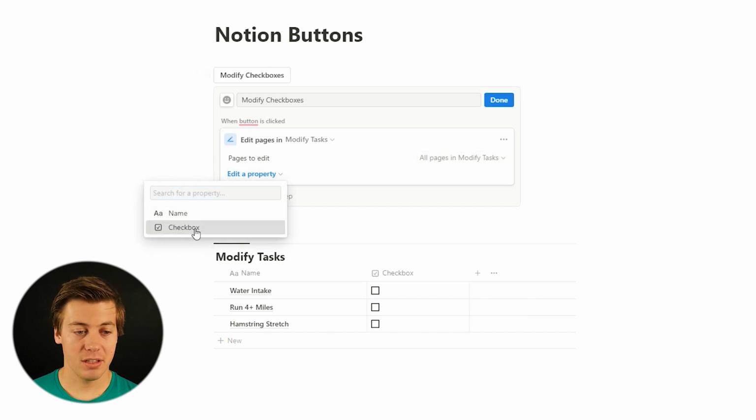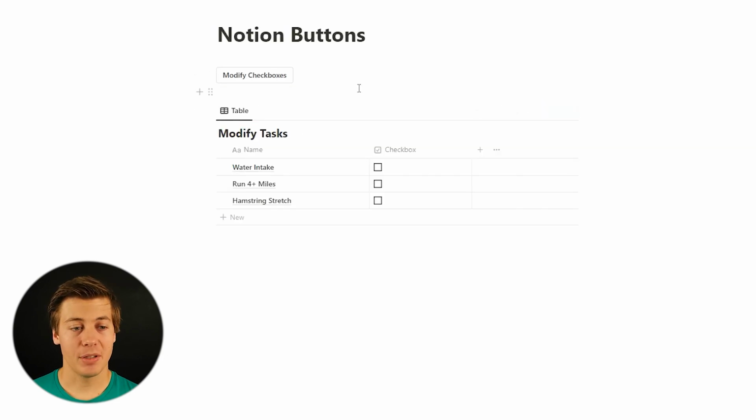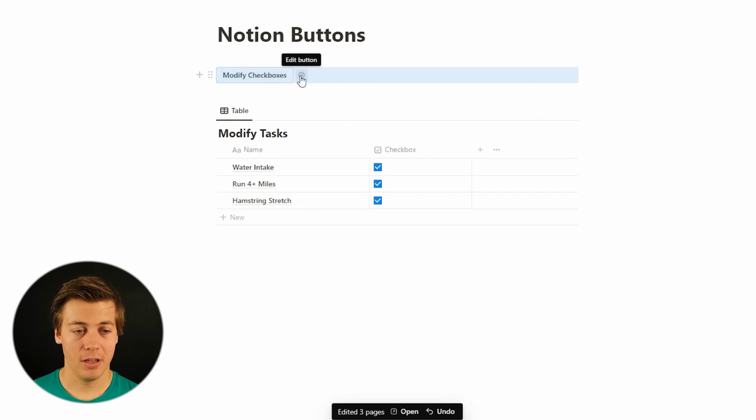So we're going to choose the checkbox over here and select, and we're going to make sure that this is checked. So click done, and watch what happens. If I click modify checkboxes, everything is clicked. If I keep on clicking it, nothing happens because all of these are checked off. Now I'm going to